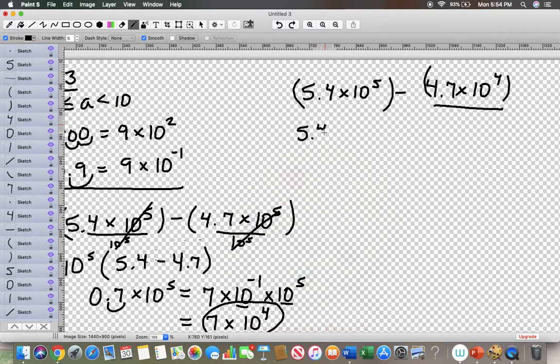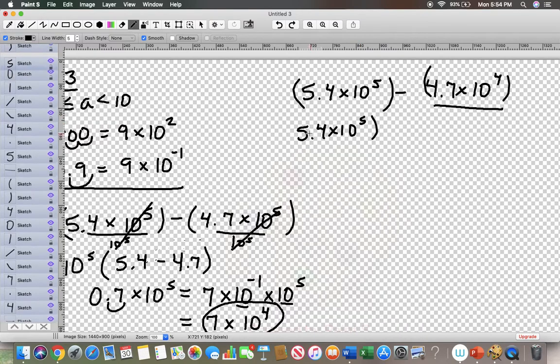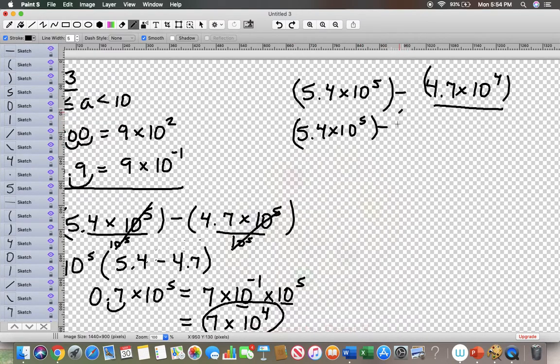Let's leave 5.4 times 10 to the 5th power alone for right now. And let's change this 4.7 times 10 to the 4th. Let's change that to 10 to the 5th. So if I were to change this one to 10 to the 5th power, what would be happening to this 4.7? What would I need to multiply 4.7 by in order to get 10 to the 5th? Or excuse me, what would 4.7 change to? Well, I'm only moving it